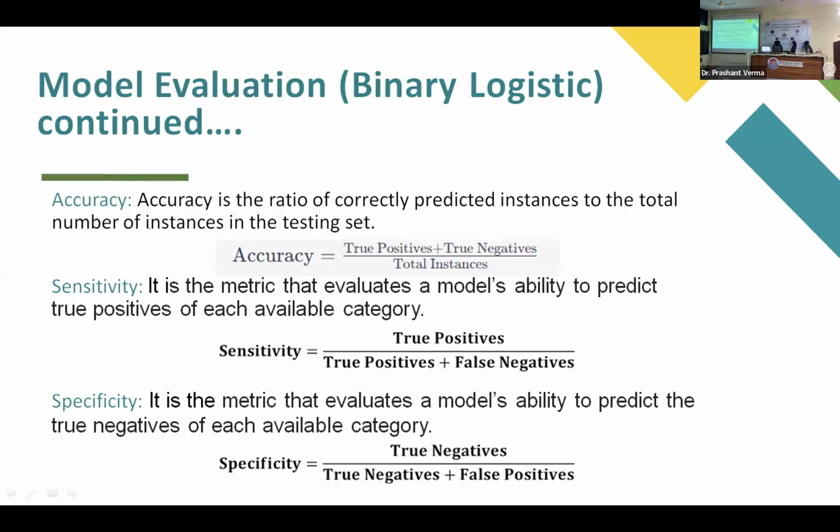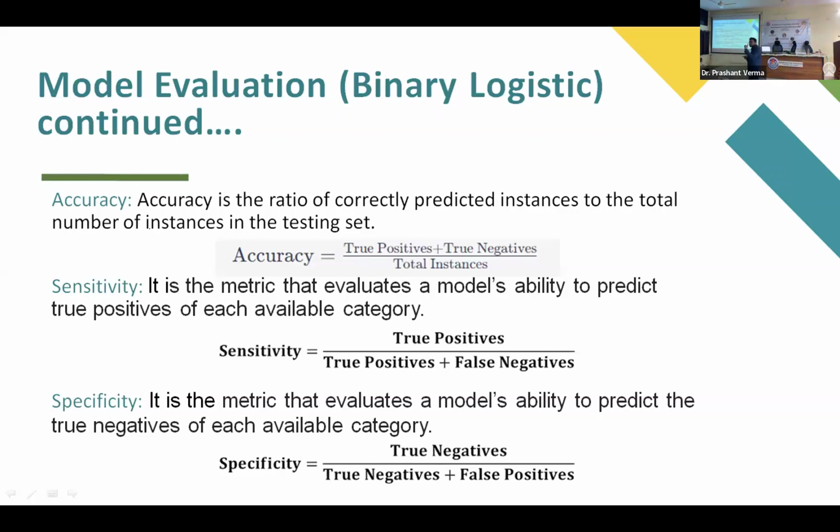True means correct classification. True positive plus true negative divided by total instances, meaning the number of observations, or the number of patients or people in your data set. The number of rows. If you recall of the Excel how the data is prepared, rows mean the number of individuals or observations, and columns are the characteristics or variables. Correct.